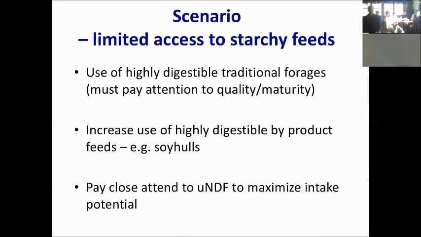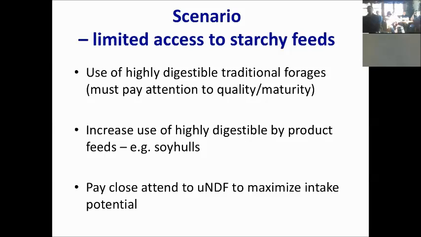So the scenario that I'm going to leave you with is a couple of things where you're saying, I've got limited access to starchy feeds. What am I going to do? I don't grow a lot of corn silage, or my corn silage is coming kind of late. One of the things you're going to have to deal with is possibly the use of highly digestible forages. And you're obviously going to have to really pay attention to quality and maturity, because this is what's driving